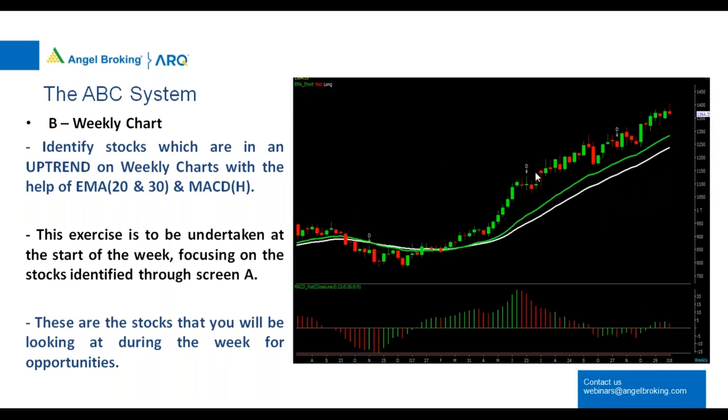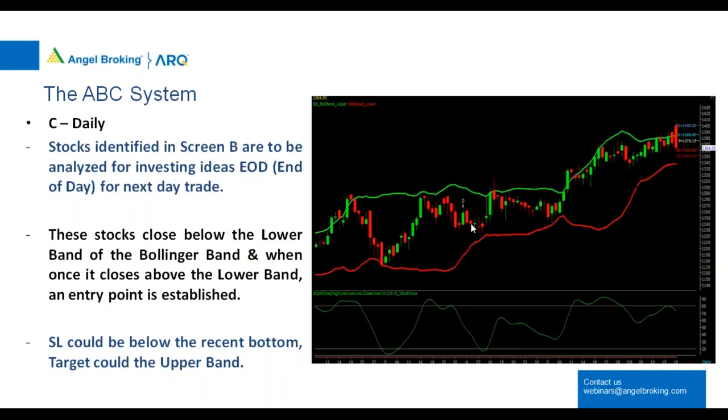Now I'm looking at the weekly chart. On the weekly chart, the trend is also up, and we are somewhere around here. There has been a major rally. This is also a move which we could have captured through the daily charts, but we'll just take a recent example. Here, somewhere in October of 2017, you're finding that the stock closes below this red band.